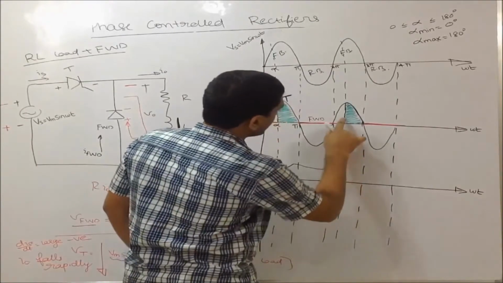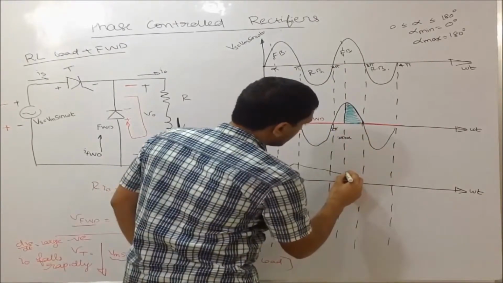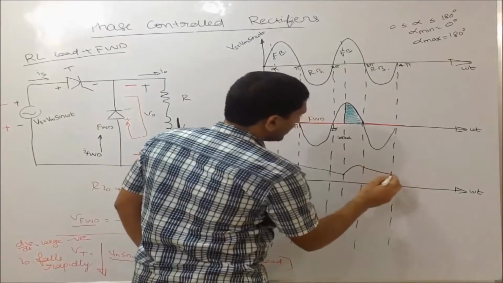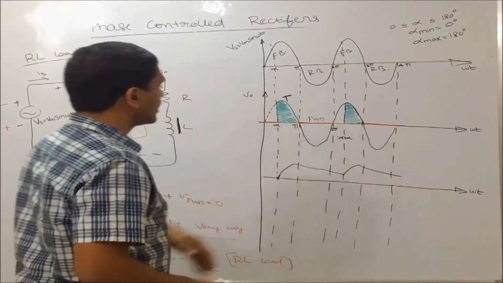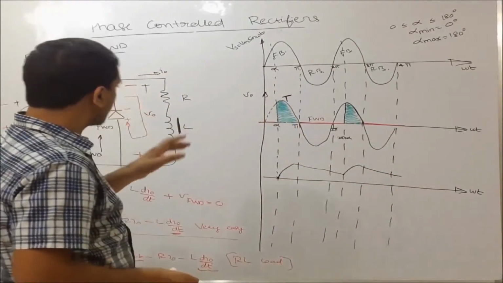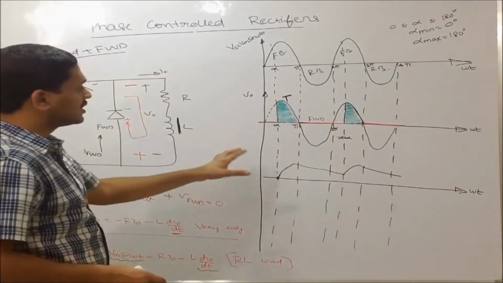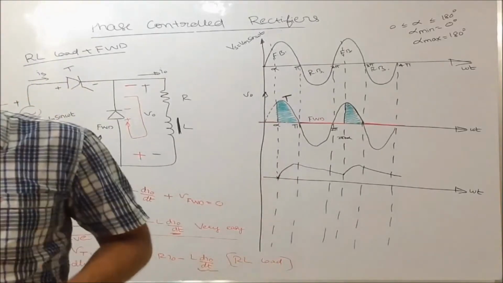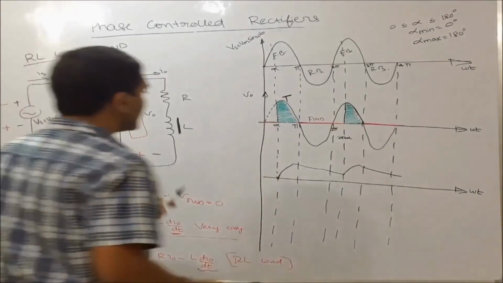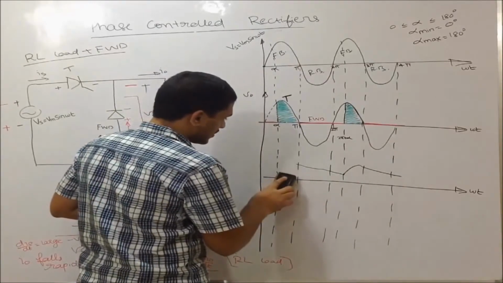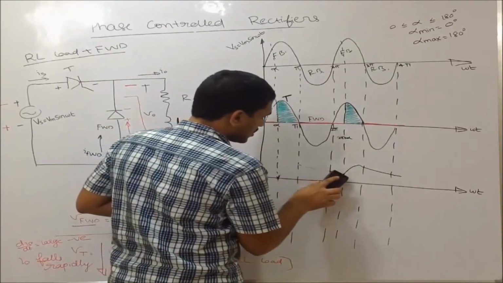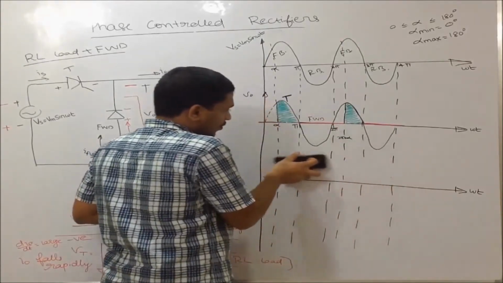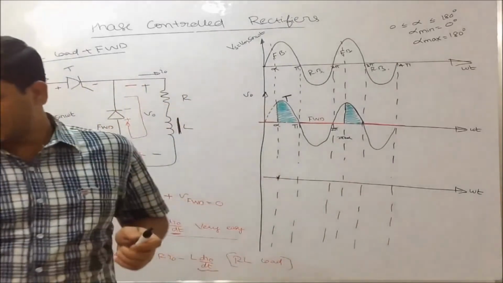Now again the SCR is on, so it increases and then it decreases. So this is how the current through the load is maintained, assuming the initial current through the SCR is 0. But in the steady state, how it looks, that also we will draw. I am telling for the steady state.